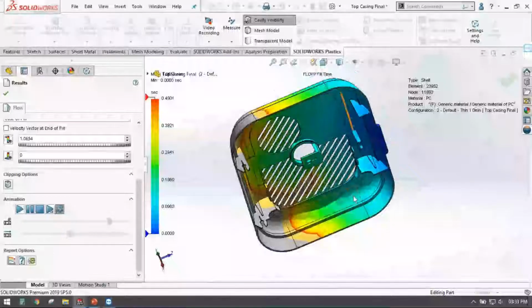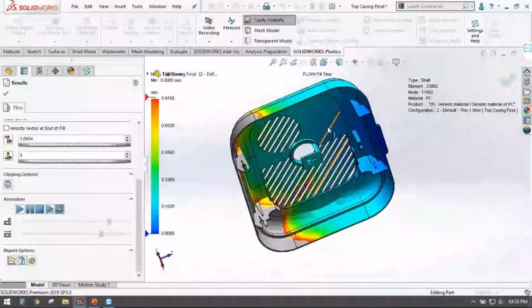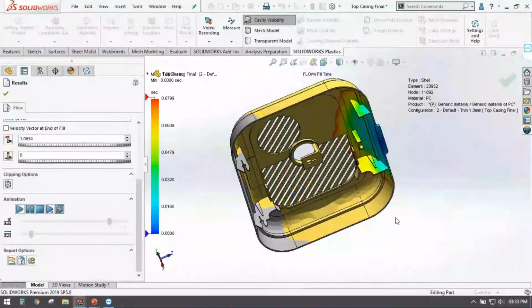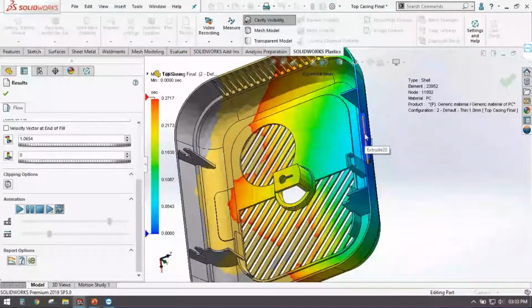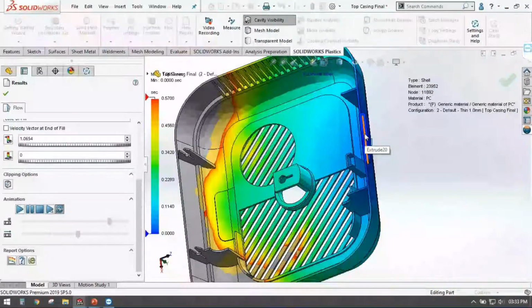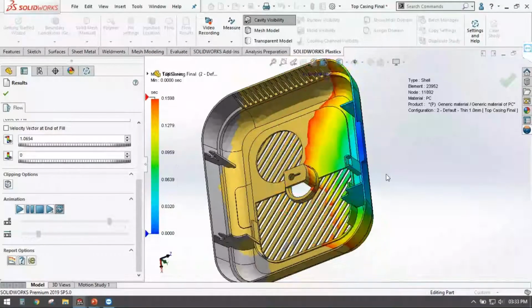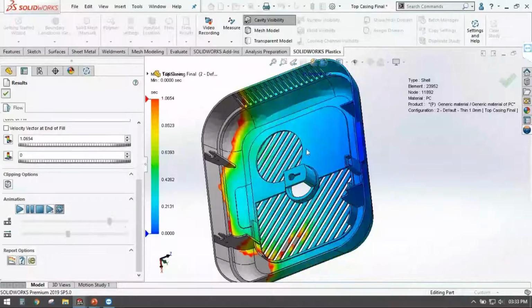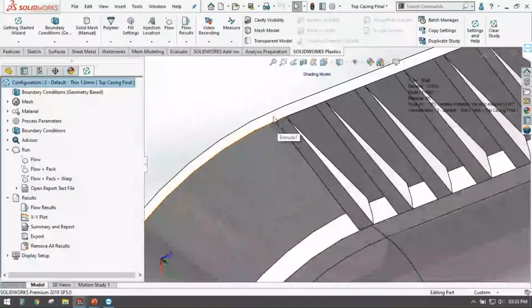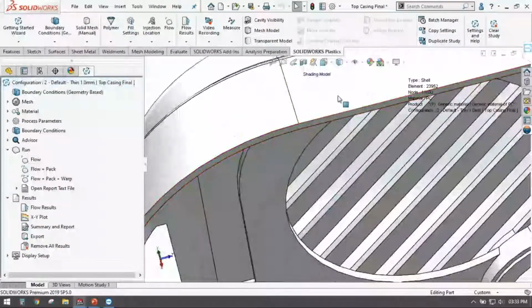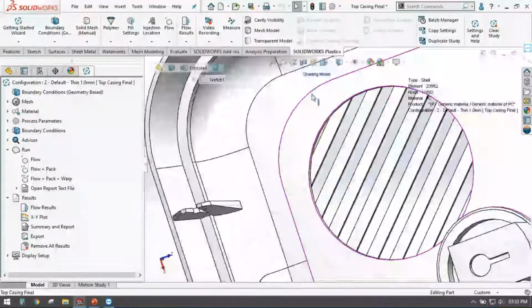Either by changing the material, or by changing the thickness, or by changing the gate location, I would be able to achieve full filling of the cavity, right? So right now, if you look closely, the thickness that I have provided here. So I will just highlight the thickness for you.